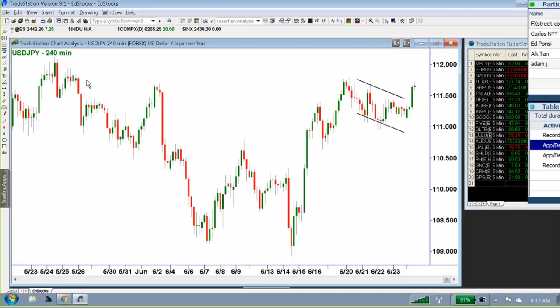There we go. So yeah, I don't know if that clarifies the situation at all, but this is kind of a consolidation and breakout type situation. And it's not really broken out, right? This is the high of the pattern, and this is where we are now. So it really should go a little bit higher. It really needs to go a little bit higher before it can truly break out. But anyway,